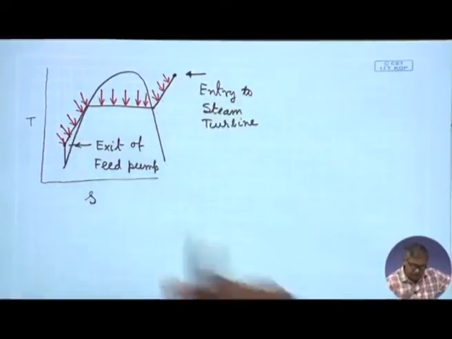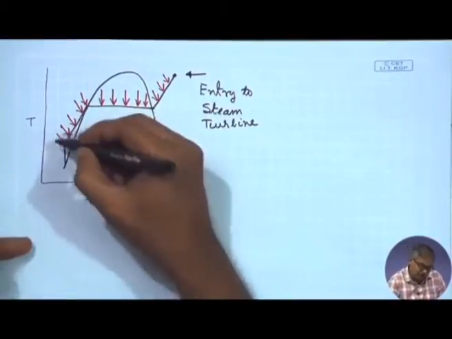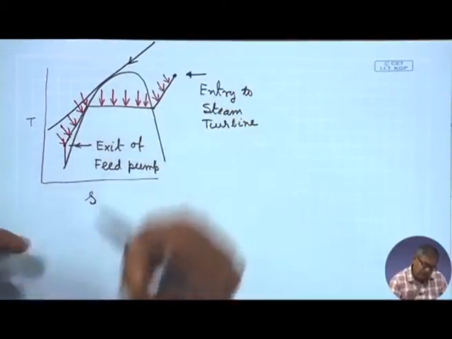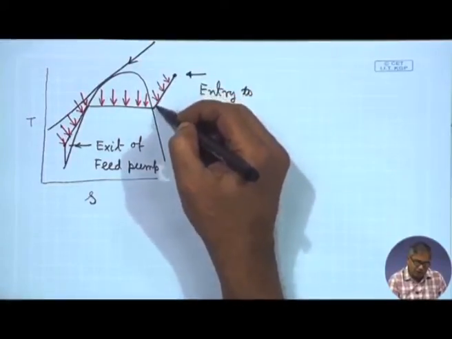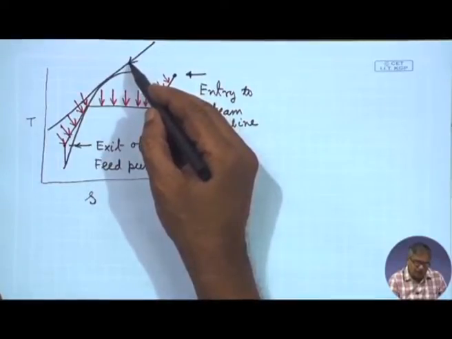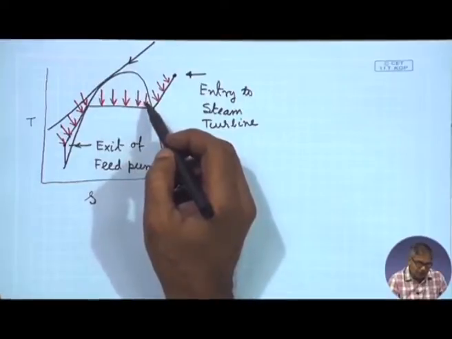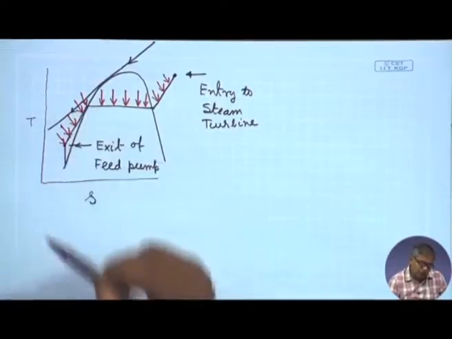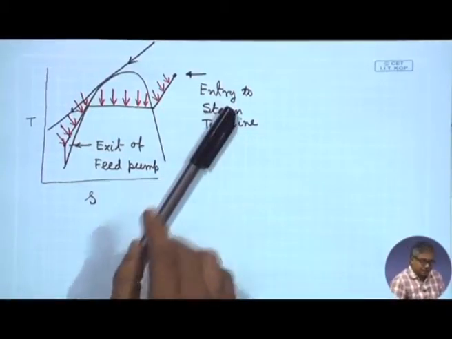Here you see, as I have shown earlier, how the gas temperature reduces, it is like this. So, the highest gas temperature should encounter the superheater, then when it is a little bit cooler, it should supply heat for the evaporator, and then when it is much cooler, it should supply thermal energy for the economizer, and that is what we are getting.